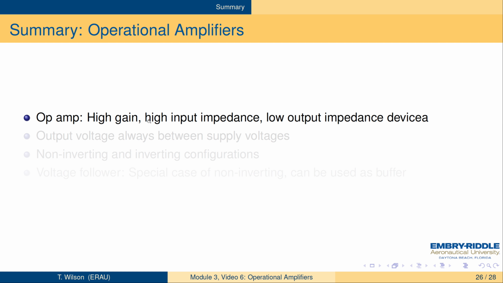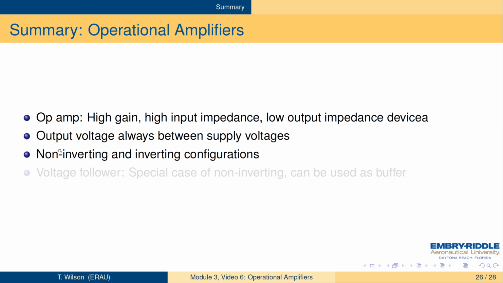So what we've done is we've introduced the op-amp. It's a high gain, high input impedance, low output impedance device. The voltage output has to be between the supply voltages. So if we've got a plus or minus 15 power supply connected to this thing, the output's going to be between plus and minus 15. You give it a gain of 100 and put in 1 volt, it is not going to put out 100 volts. We've looked at both non-inverting and inverting configurations,